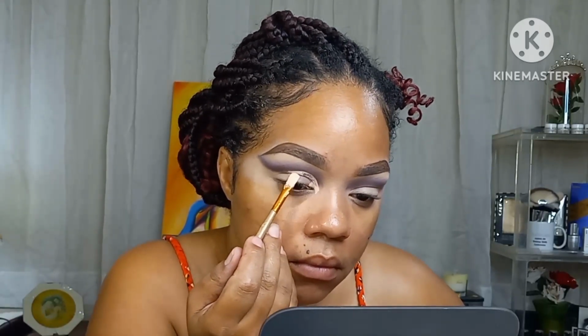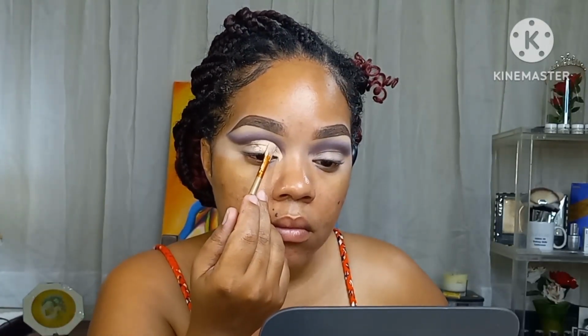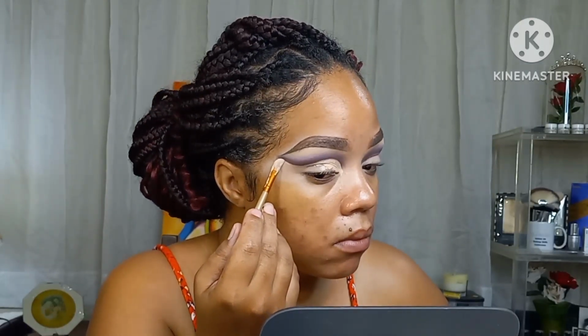You know how we do it right here. All right, I'm just taking my time, going in sections to cut my crease. All right, I wanted my transition to be a little bit darker, but it is what it is. So I'm just patting that out